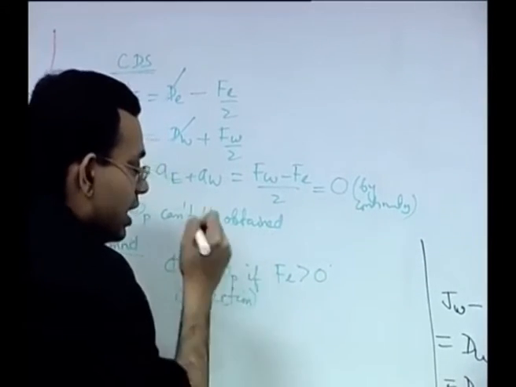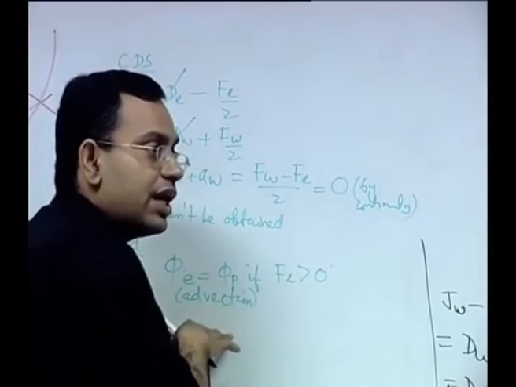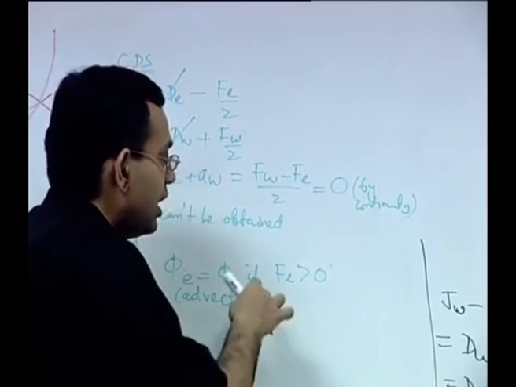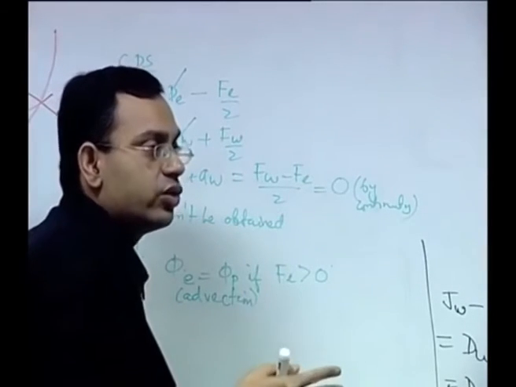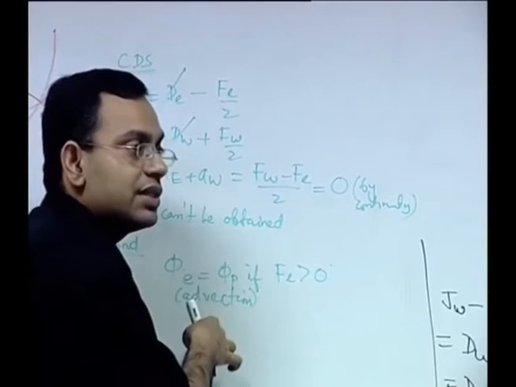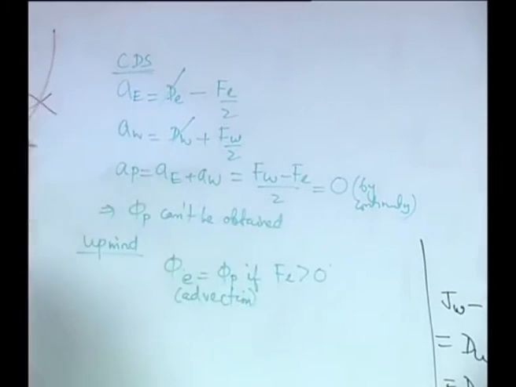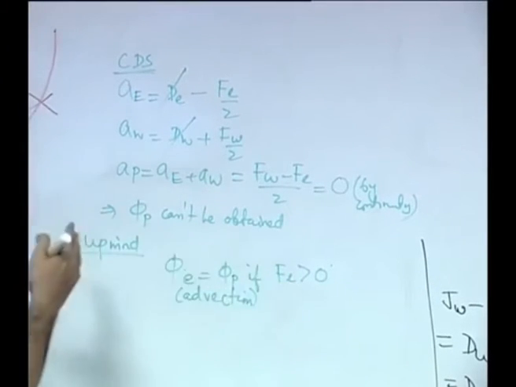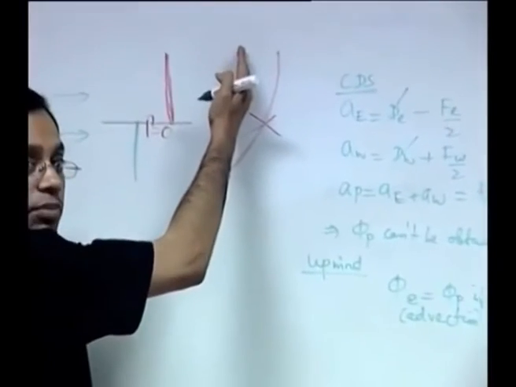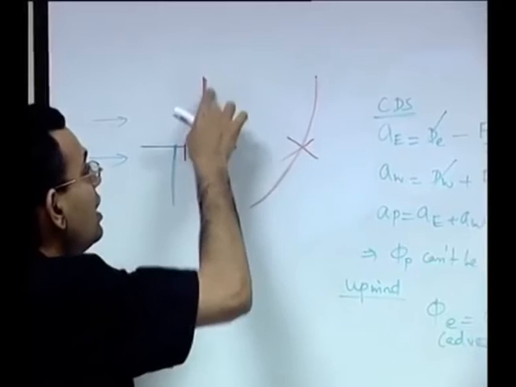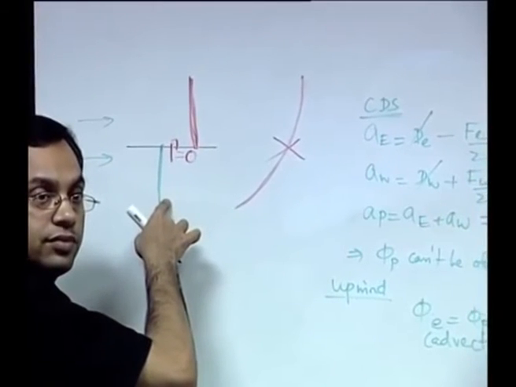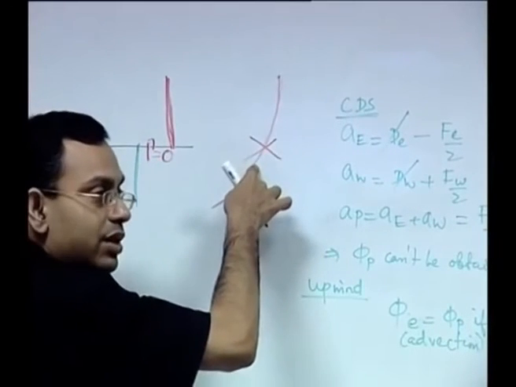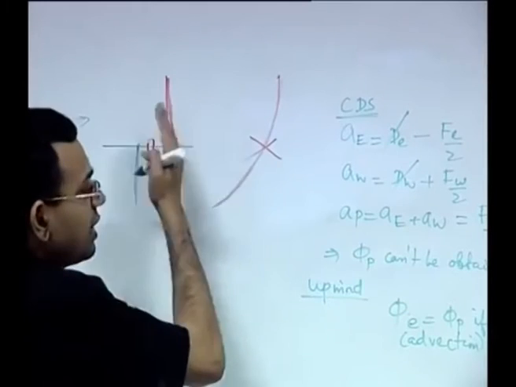Remember, in the upwind scheme, on the left hand side you have the advection term represented by upwind, and on the right hand side the diffusion term represented by the central difference scheme. Here, because the diffusion coefficient is 0, the right hand side is no more there, so only the advection term is the influencing term. So phi is equal to phi p if Fe is greater than 0, that means all the subsequent stations will have the same temperature along x. So this profile will not be disturbed. Whatever change was shown earlier is not possible, because this profile will remain intact and the solution will be there.